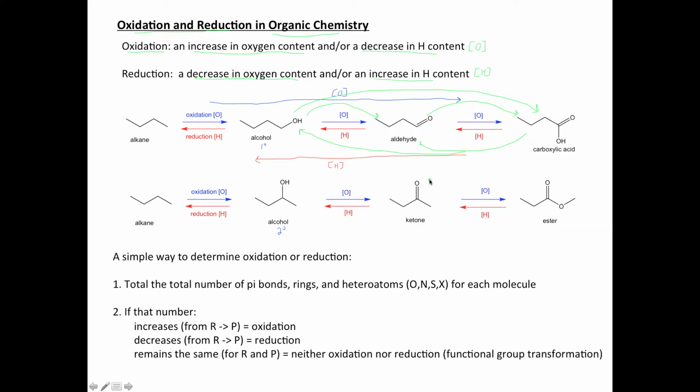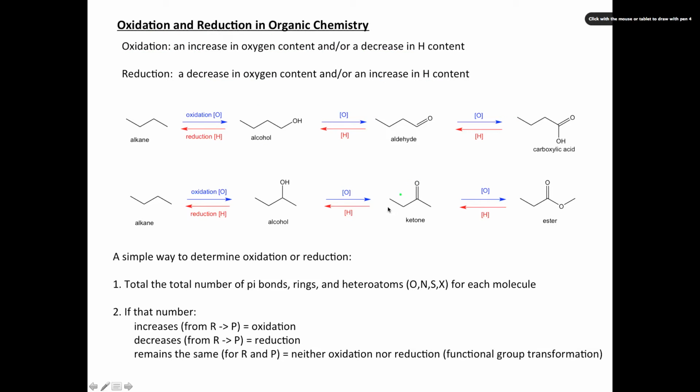So one of the first things we need to do when we're talking about these types of reactions is being able to determine whether you want to do or need to do an oxidation or a reduction reaction. This is something that is taught in general chemistry, and the primary way that's done is by looking at the oxidation state. That clearly could be done here. We could figure out the oxidation state of molecules and then calculate whether we have an oxidation or a reduction reaction. But in fact, there's a shortcut, a much easier way to do this for organic